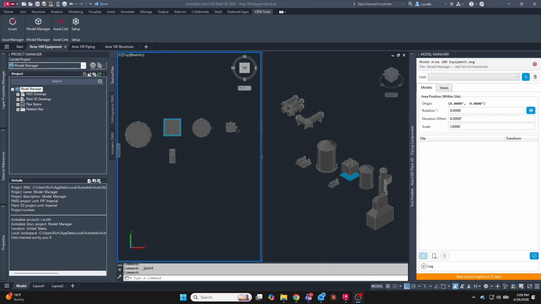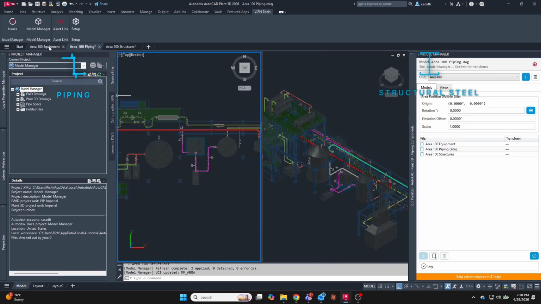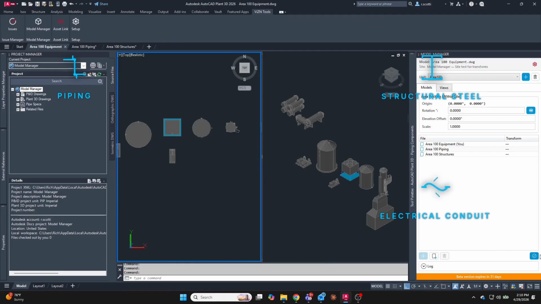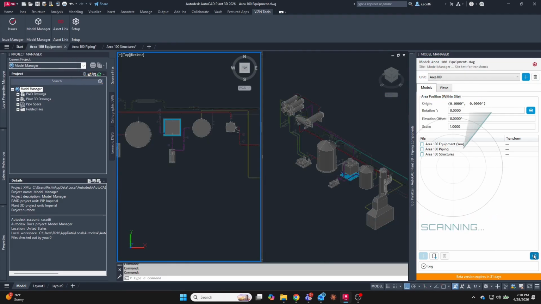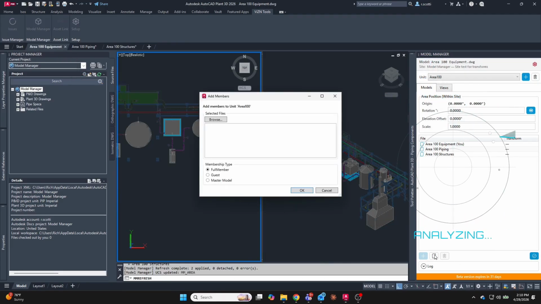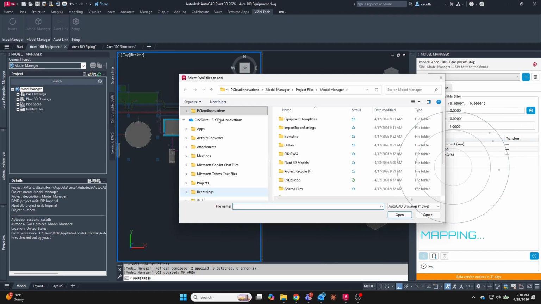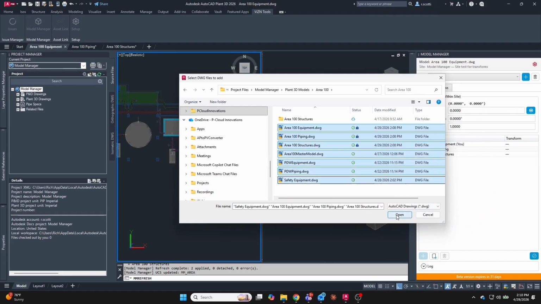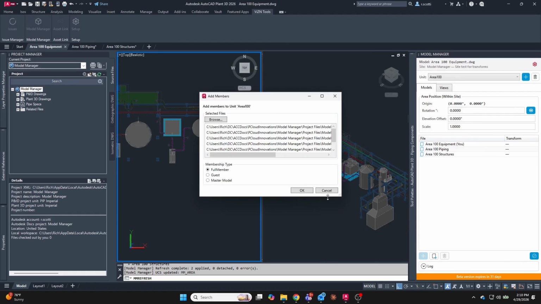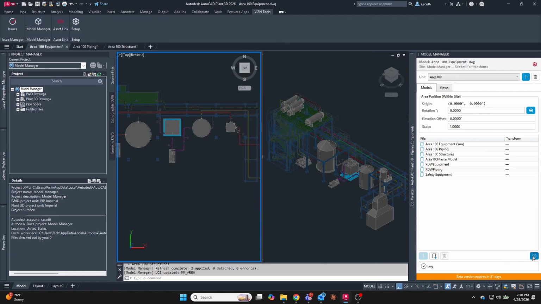Let's start by opening a 3D model in a typical process unit. We imagine other objects like piping, structural steel, and electrical conduit also exist in this space. It's critical we are able to visualize the complete 3D content around us to avoid clashes or make connections. We will use Model Manager to create and organically build up this area as models join and are automatically referenced